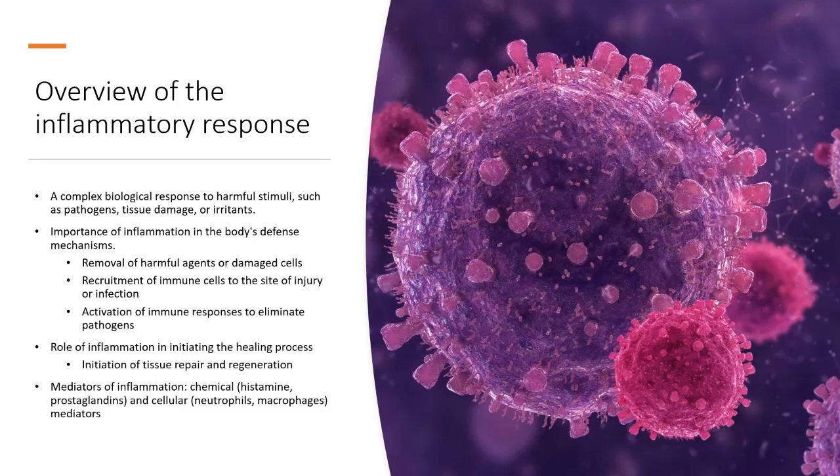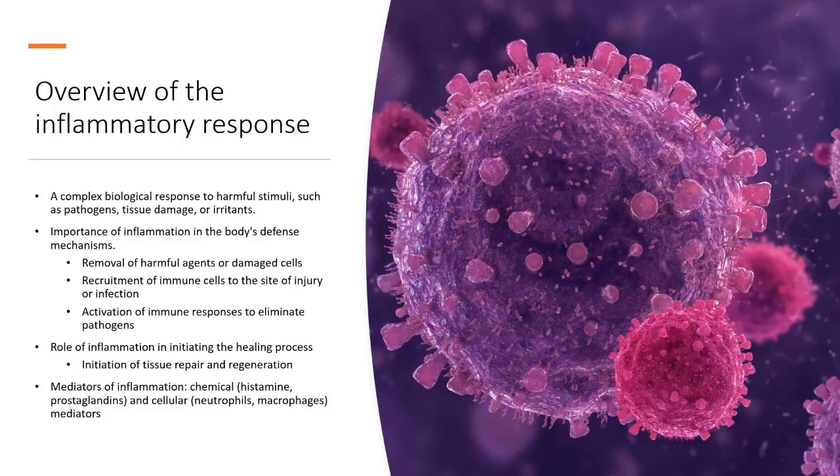The process of inflammation is mediated by both chemical and cellular mediators. Chemical mediators, such as histamine and prostaglandins, help to increase blood flow to the affected area and signal immune cells to respond. Cellular mediators, like neutrophils and macrophages, directly engage in eliminating pathogens and cleaning up debris. Understanding the inflammatory response is foundational to grasping how anti-inflammatory drugs work, which we will explore in the upcoming slides. This response, while essential, needs to be carefully regulated because excessive or prolonged inflammation can lead to chronic conditions or